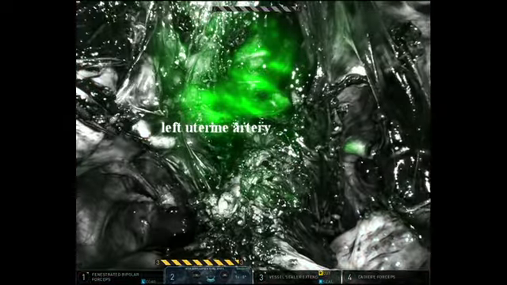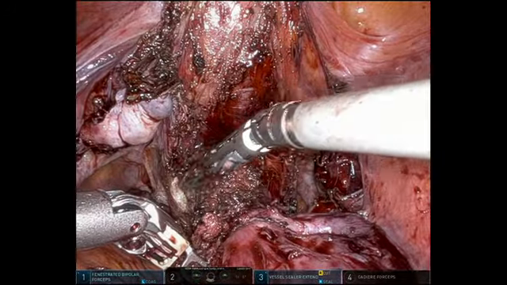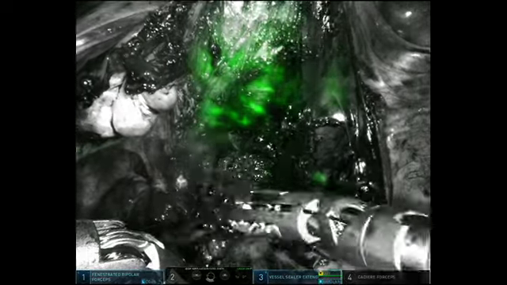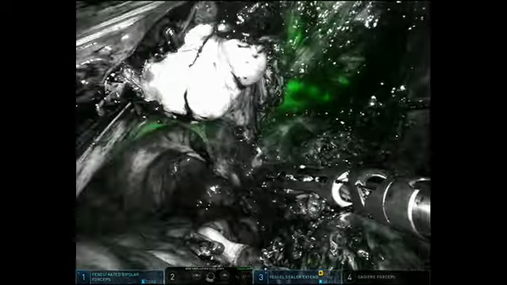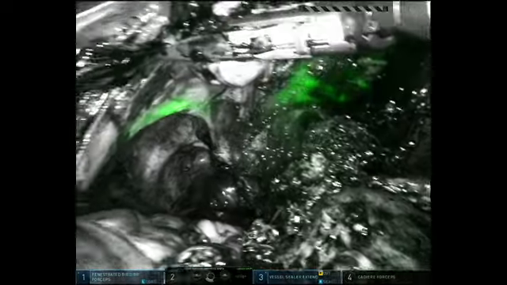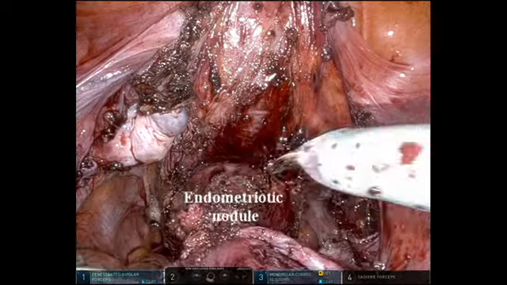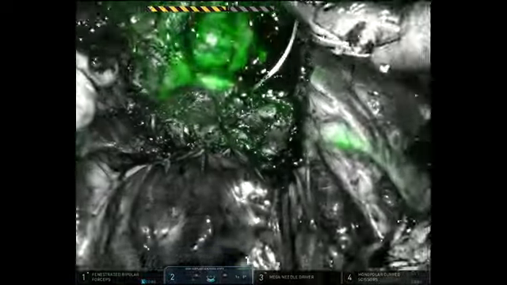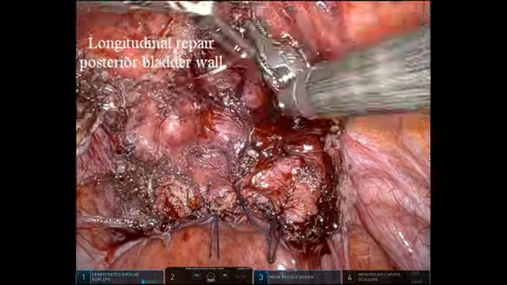Here you see the left uterine artery, distal part of the cervix, and sealing, cutting here the paracervical tissue. On the left side, you also see the ureter by retrograde filling with ICG. This is the endometriotic nodule, and after removal of the uterus and closure of the vagina, we start with suturing